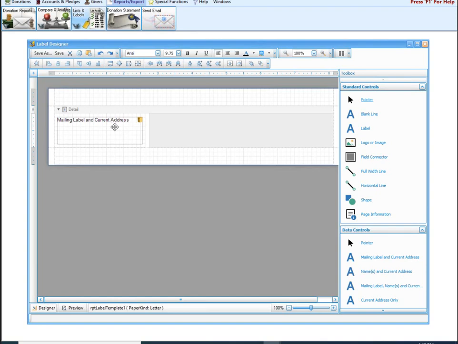All right. But what I'm going to do is keep this mailing label and current address, and I'm going to hit my down arrow on my keyboard, and I'm going to just scooch it down a little bit so it's flush with my bottom margin. What that's going to do is make space up here for me to put my giver number right up here